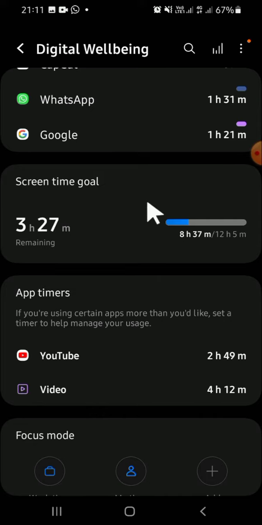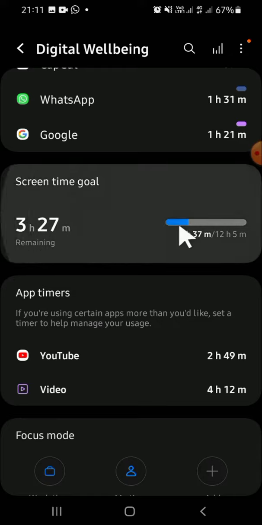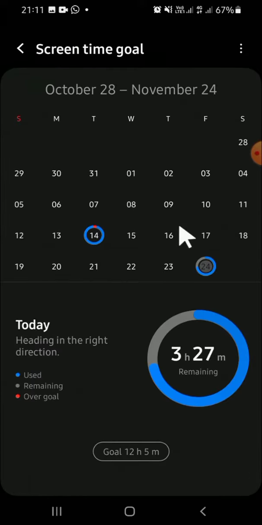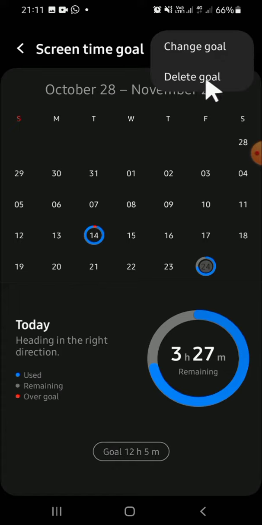And if you want to delete the screen time goal, you just need to tap on it. Then we can click on this three dots button on the top right corner of our screen, then just click on delete goal. And if you want to change the goal, you just need to click on change goal right here. Okay guys, and that's how we can set screen time